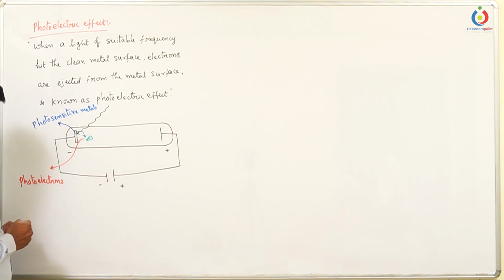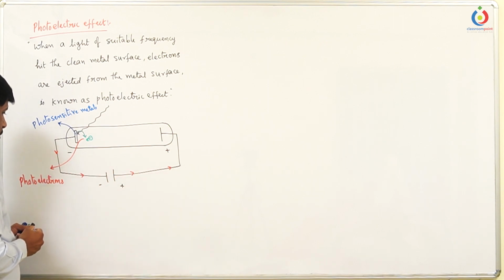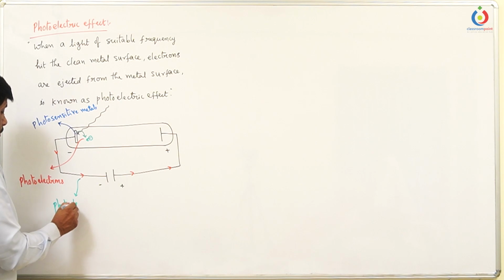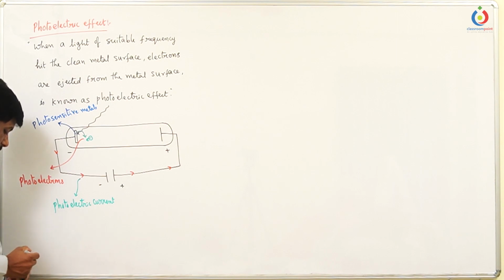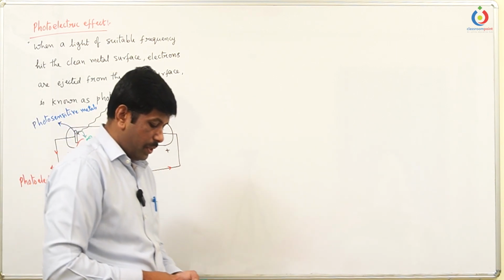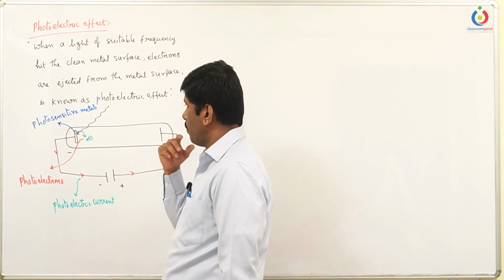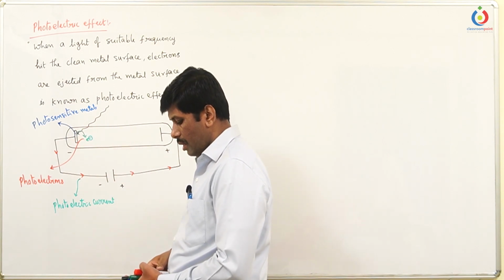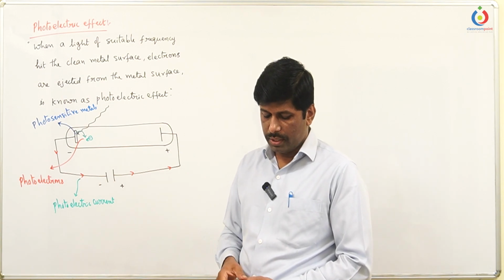So the current that moves in the circuit is known as the photoelectric current. But if we see the phenomenon like this, we should come to know why, after striking the light on a metal surface, electrons are ejected. Then we must recollect two things here. One is Planck's quantum theory. Second one is